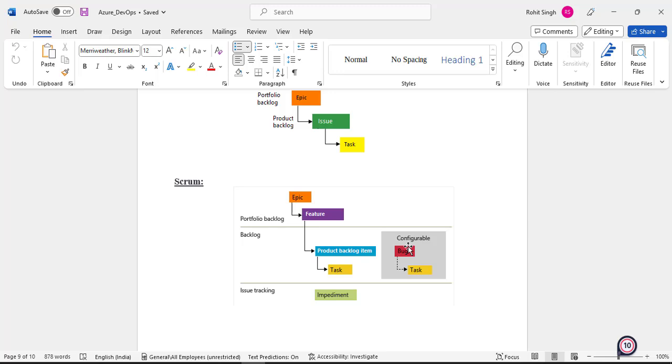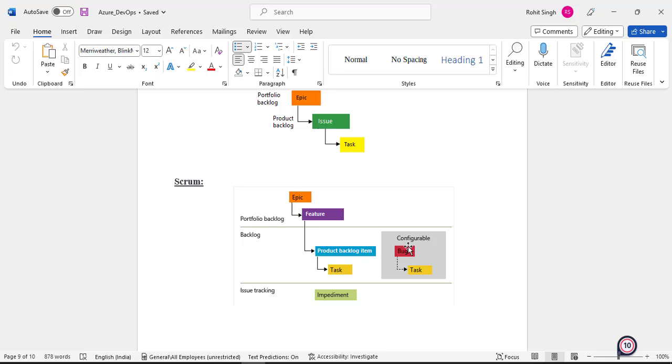and finding out how many PBIs were created, how many PBIs got closed, what is the progress of the project, where are we right now, how much development has been completed, how many backlogs are pending, how many backlogs need to be taken care of in the next sprint. All this planning will happen by seeing this board. So this is not just for namesake, this plays a very important role in the complete software development lifecycle.